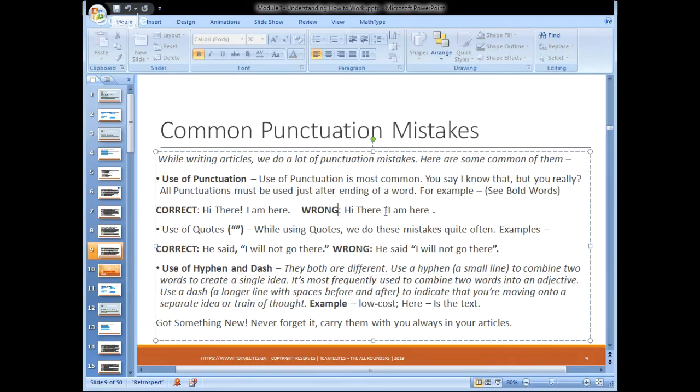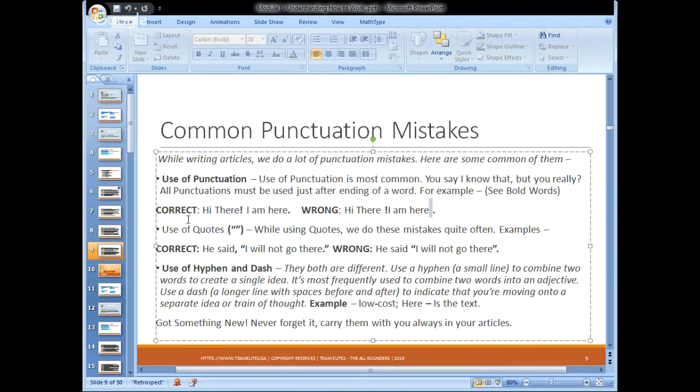The wrong one is Hi there. So you may notice the difference in these two sentences. The punctuation must be just after ending the word. So this is the end of the word. So punctuation must be here, but there is a one space gap here. So this is wrong, and here also this is wrong.